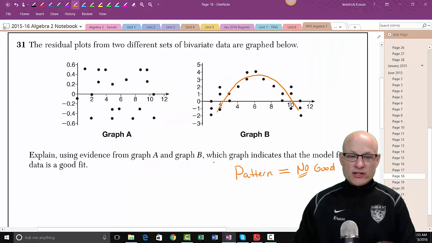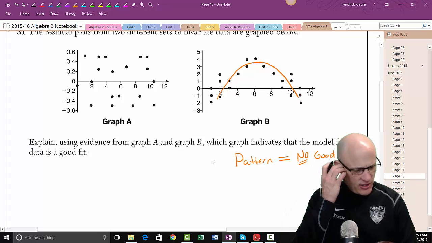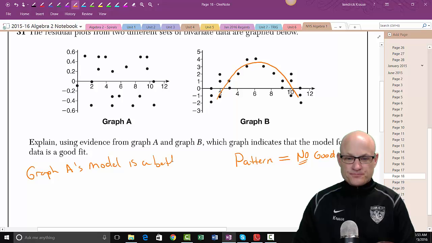So when it says explain using evidence from graph A or B, which graph indicates the model for the data is a good fit, graph A's model is a good fit because it doesn't have a pattern. So graph A model is a better fit of data since